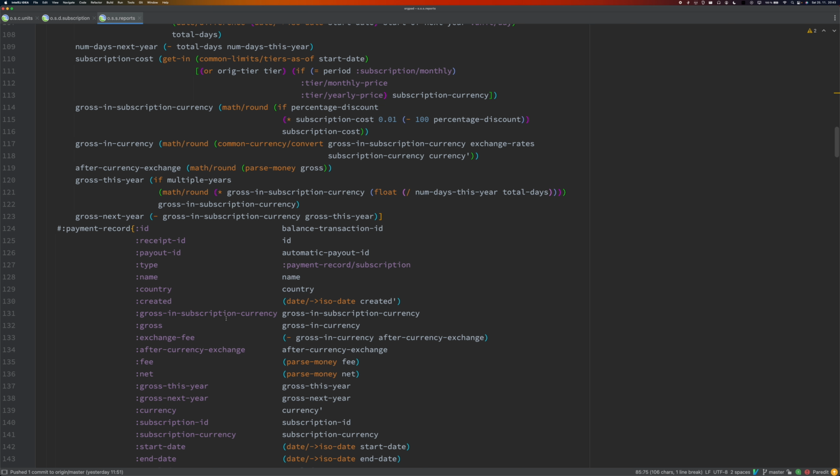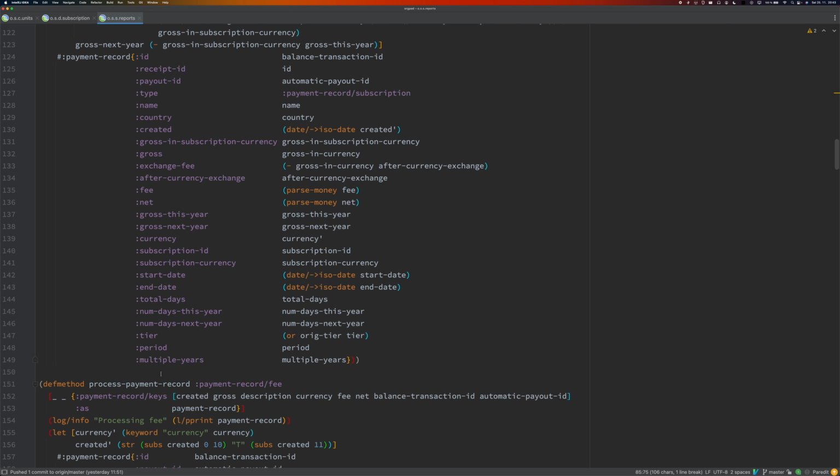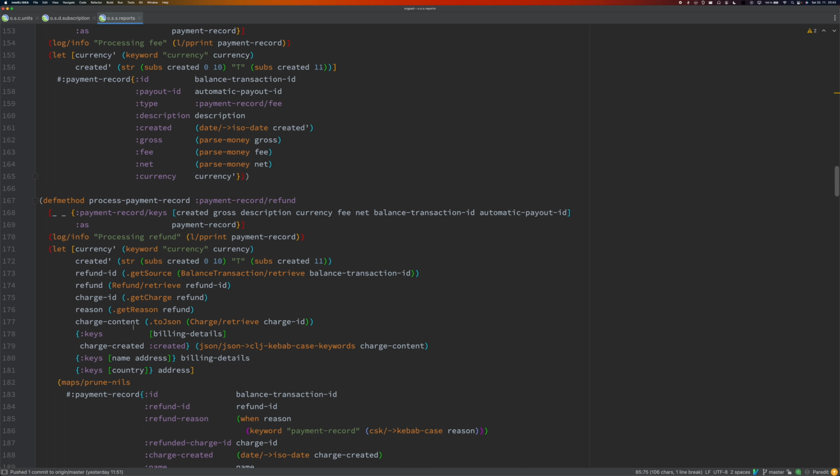Whenever I need to do some changes in this code, I just connect to a production REPL and do some experiments with live data there, and it's the easiest. For example, recently I added a new category called refund: when we refund some charge, we put it in a separate table, because a refund is no income for us, but we still have to pay all the fees to Stripe.